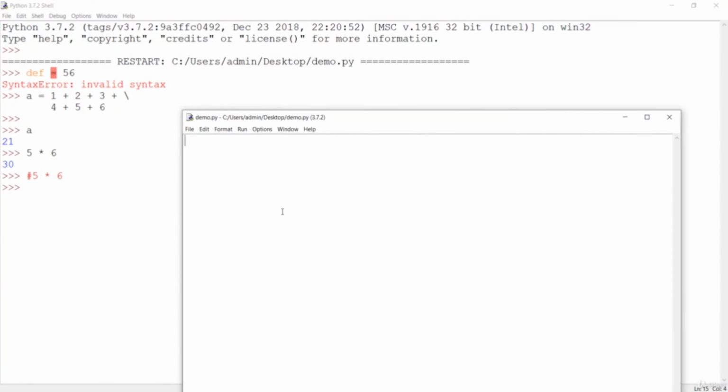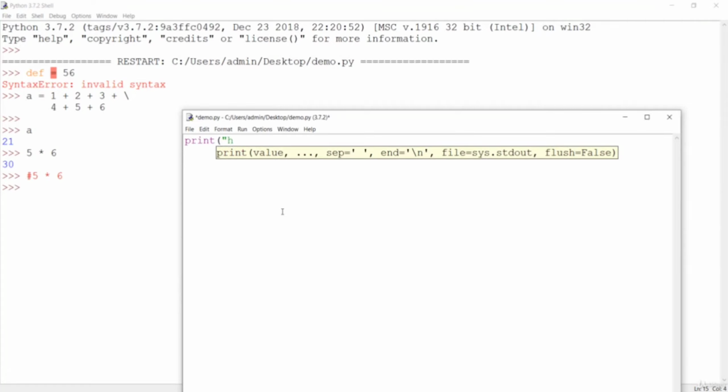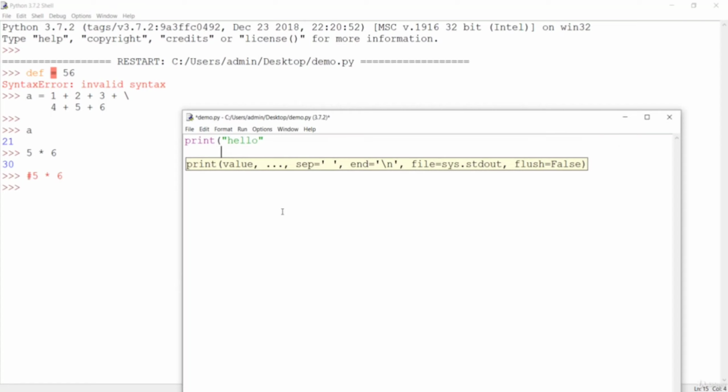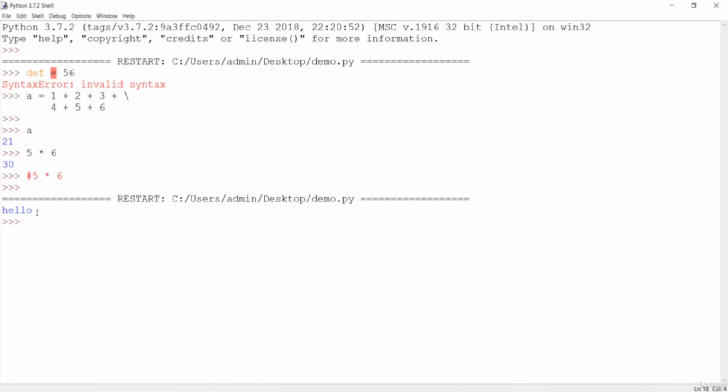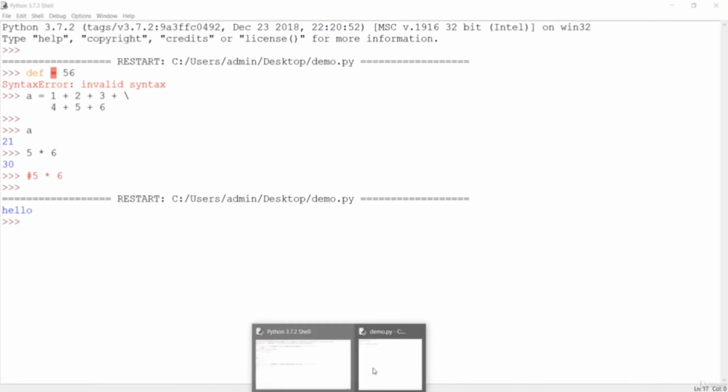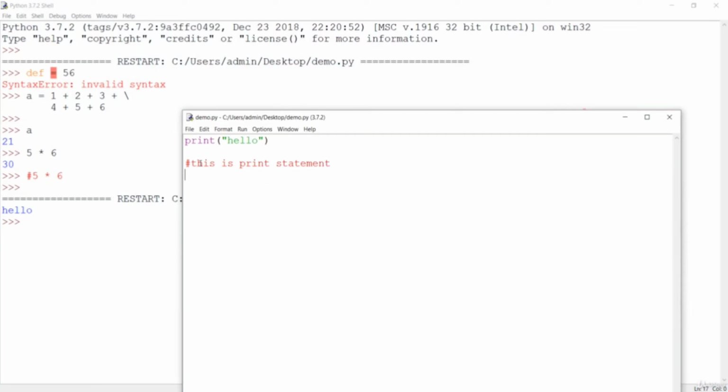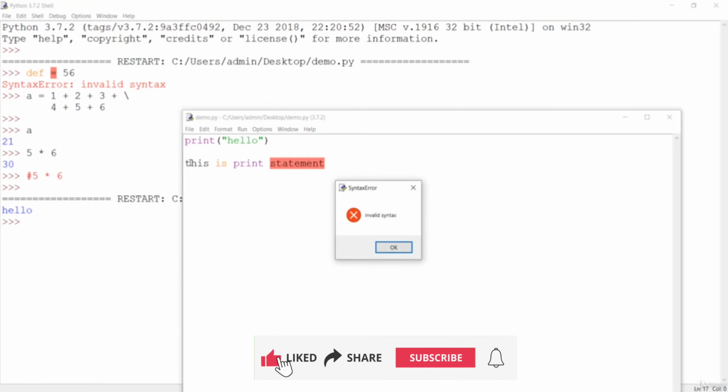Now let me print hello first, and let's go down here, and after that I'll comment this out: this is print statement. If I save this and execute, it is going to give us hello but not an error for the text 'this is print statement'. If I remove this hash, save and execute, it is going to show us invalid syntax,